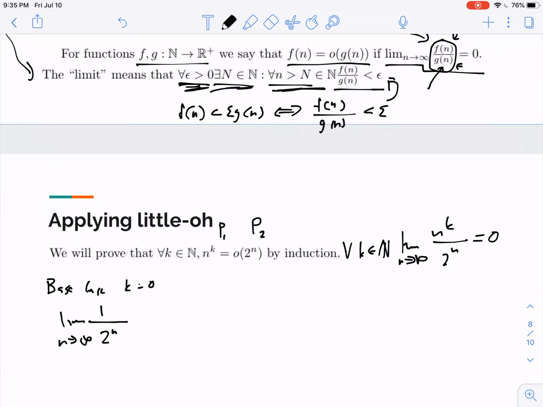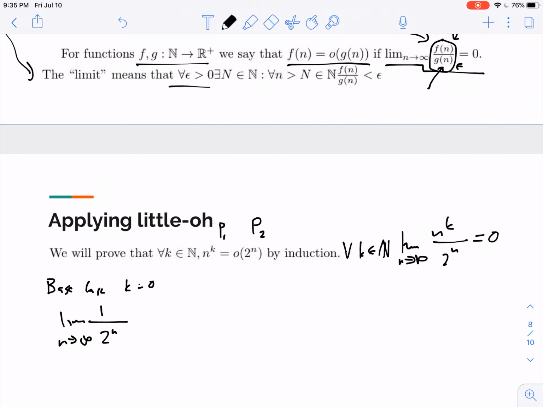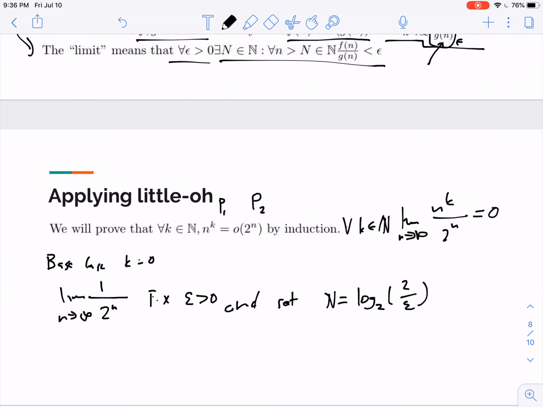So now we need to prove, for any epsilon, that this statement is true. I'm going to erase some of this so that we can see a little better. Fix some epsilon greater than 0 and set big N equal to the log, and in computer science we always mean log base 2, but we don't actually write the base 2, of 2 over epsilon. So now we have to prove for any n greater than this big N,